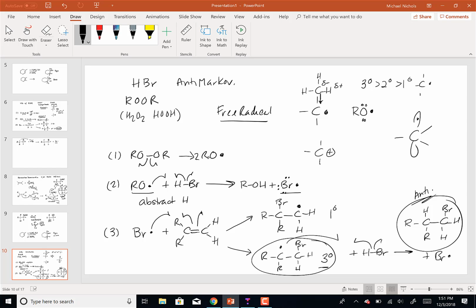Okay. I'm curious as to why the second component of the RO radical, why it wouldn't pair up with the tertiary radical that we created. Because we have to realize there's a small amount of radicals in there. The likelihood that they're close together to pair up is going to be really small. Okay? All right, so we'll finish this up on